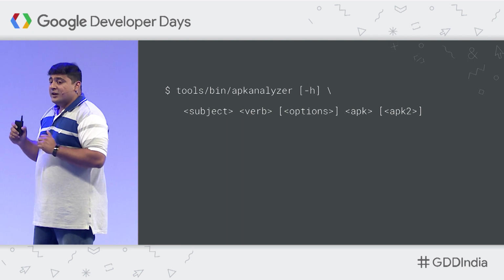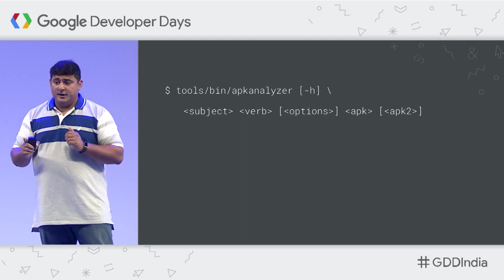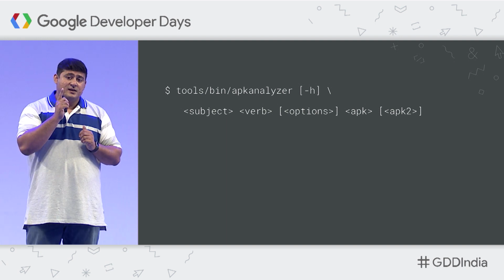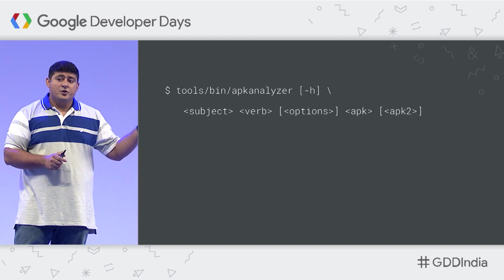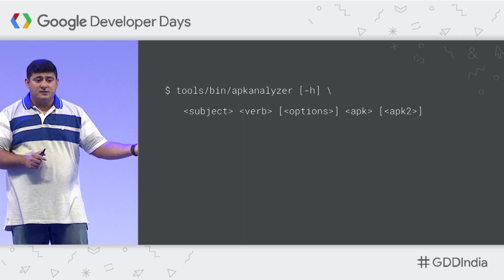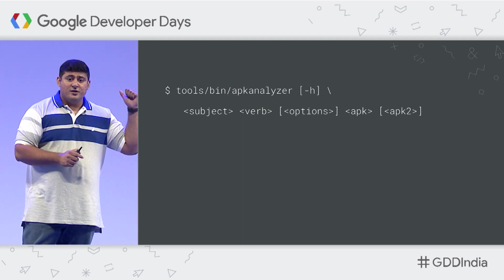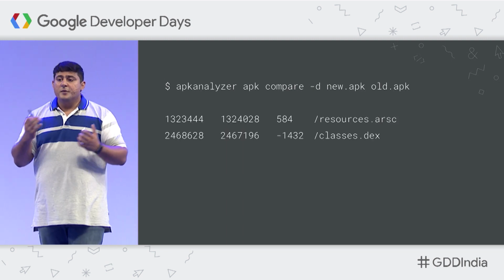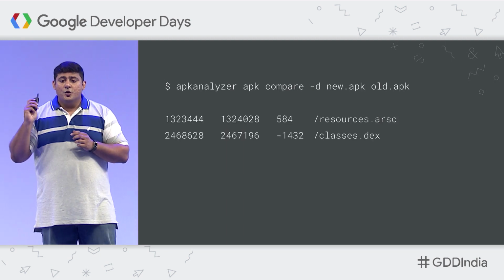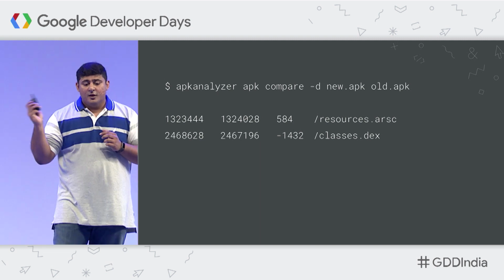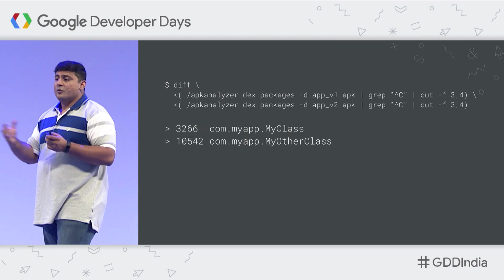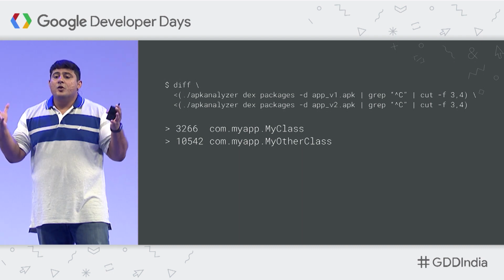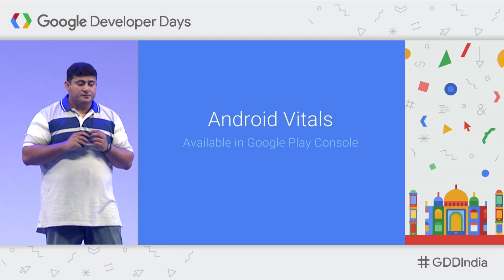I also want to call out that this can be run from the command line now. So you can add it to your CI systems and make this an output. Every time your CI build runs, in an automated run, you can run this and get the data and do comparisons. Write a little bit of code, a shell script. You can get comparisons against your previous build, or get more data about what has increased, and where this build needs to focus a little more with respect to app size.